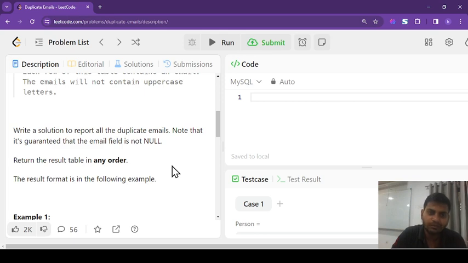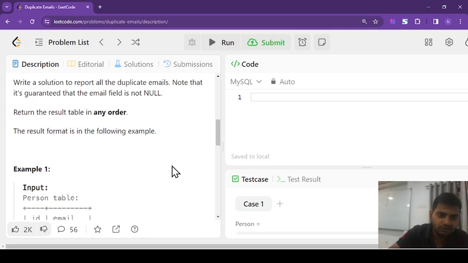We have to return the result table in any order, so no need to care about the order, but you have to write a query for those emails which come in the table more than once. That is a duplicated email.